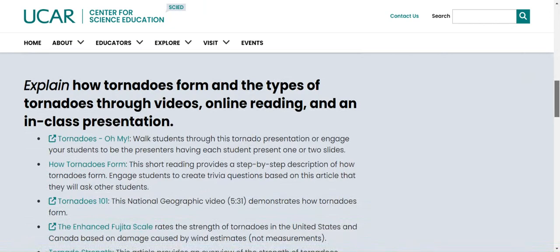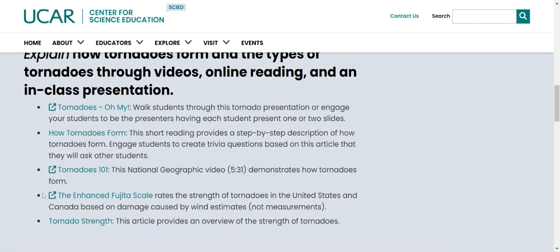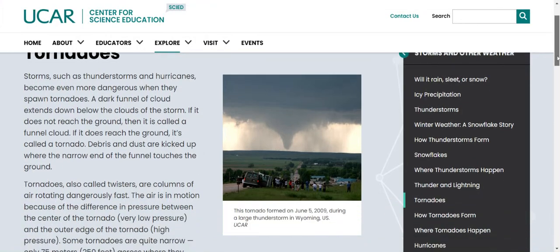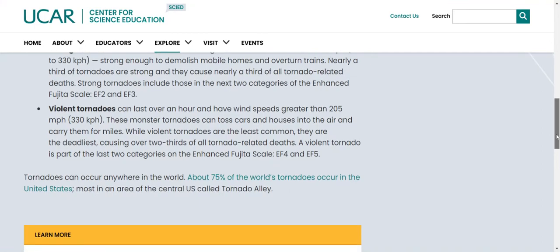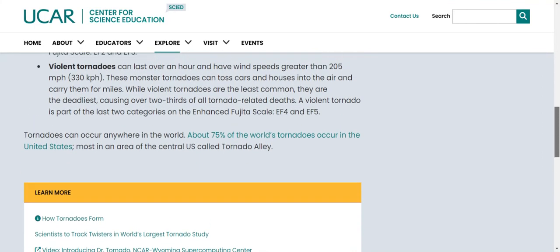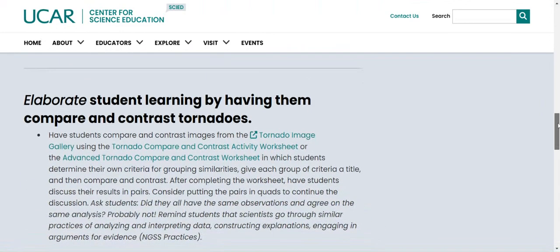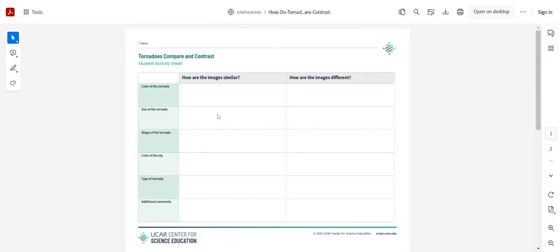And you can do this for an independent reading activity. They can come in and read about a tornado's strength. You can do weak, strong, violent. They can learn, as you can see right here, that about 75% of the world's tornadoes occur in the United States. So it's pretty cool. And with that, you can come into an activity where they can do a compare and contrast. So they can come in and say,